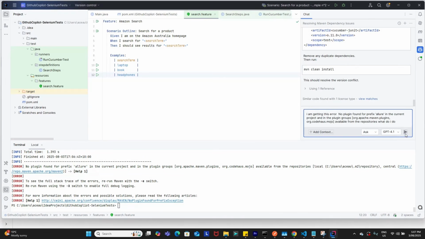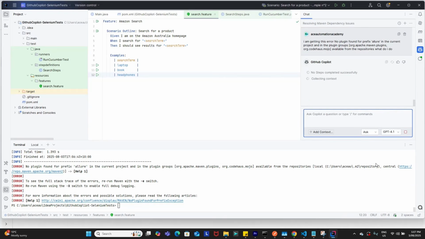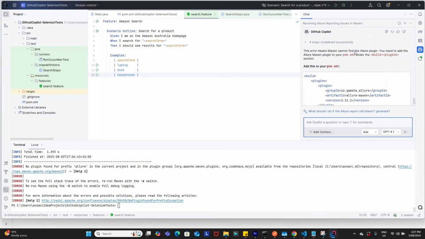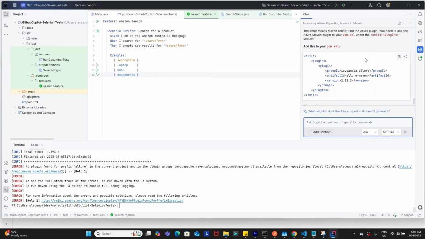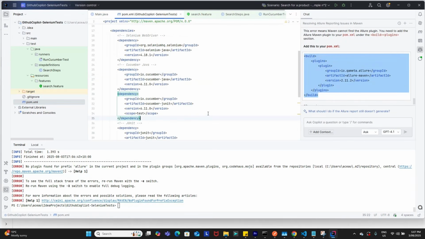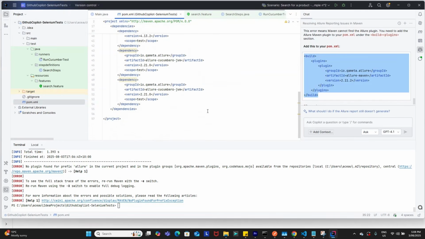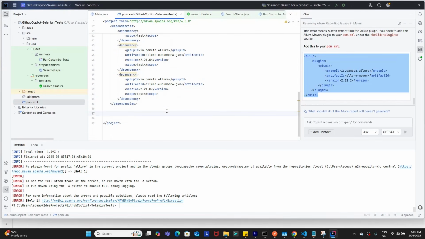All right, so I have added it and let me check what GitHub Copilot responds. This error means that Maven cannot find the Allure plugin. You need to add the Allure report plugin to your pom.xml under build plugins. Add this to your pom.xml. So what I'll do is I'll just copy this build. I'll come to the pom.xml file and over here I'll look for the build project as such and I'll just add it